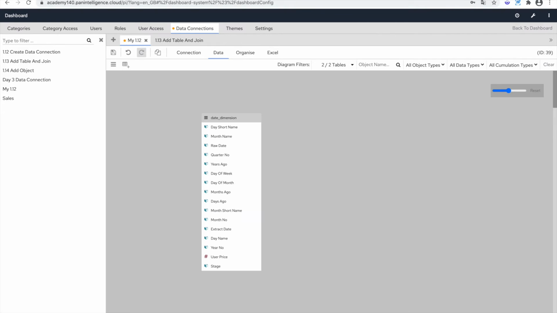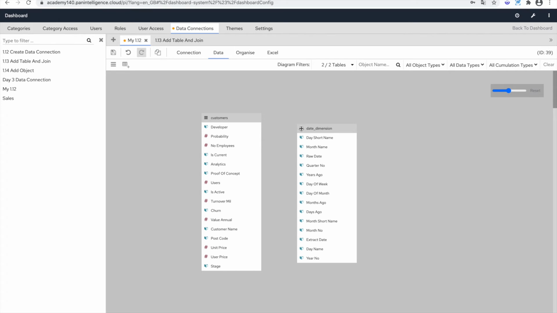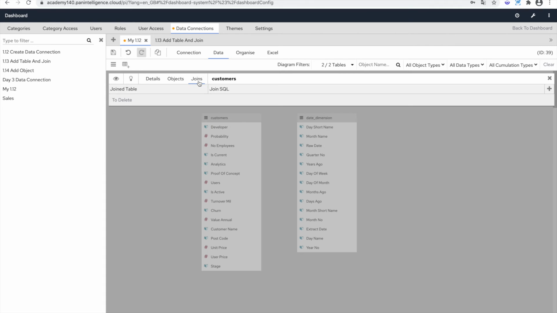So next I'm going to click generate, and it'll drop the table onto my screen here. I can pick it up with the three little lines, and move it around. And actually what I'm going to do is make a join from here to here. The way I'm going to do that is I'm going to select one of the tables. In this case I'm going to select the customers table. I'm then going to select joins,